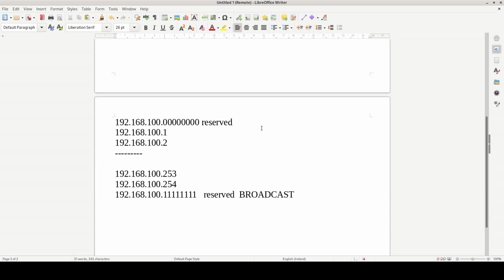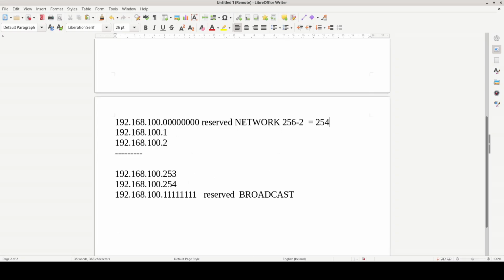This is what we have to understand, and this is the network. In this fourth octet we have a total of 8 zeros, and our total host count is 256. 256 minus 2 equals